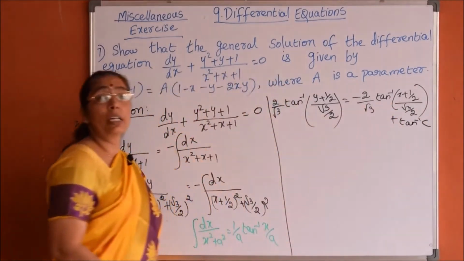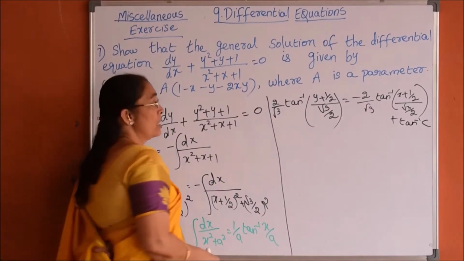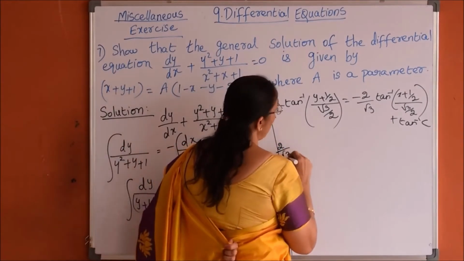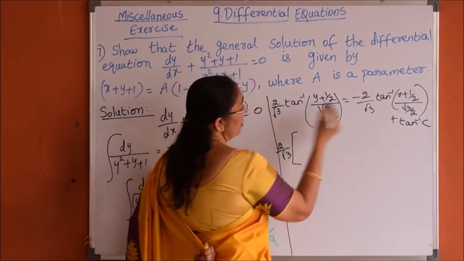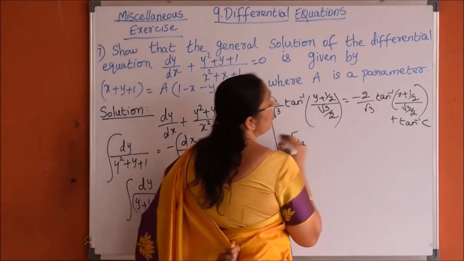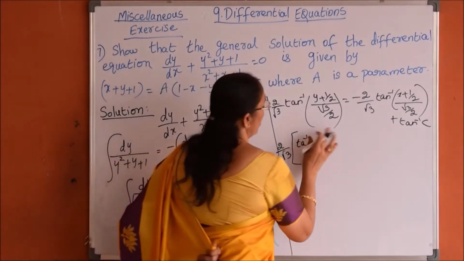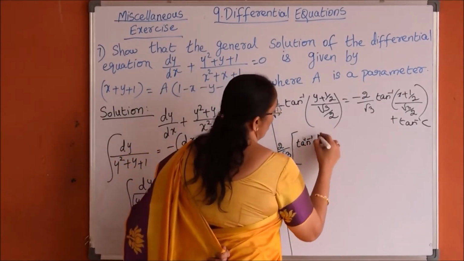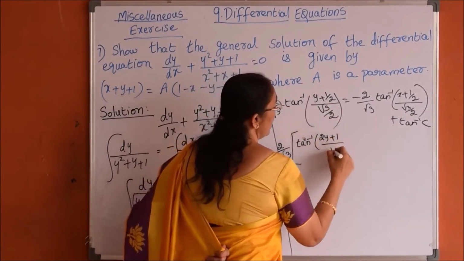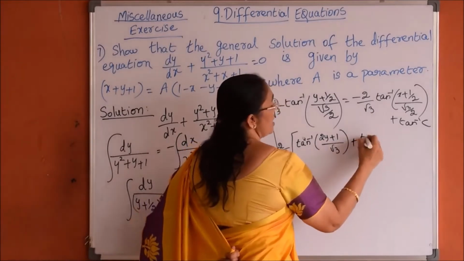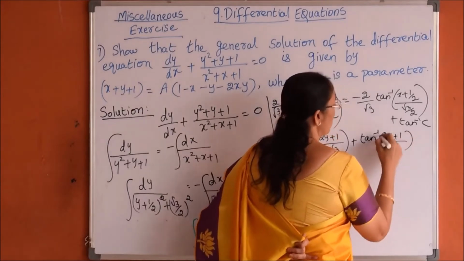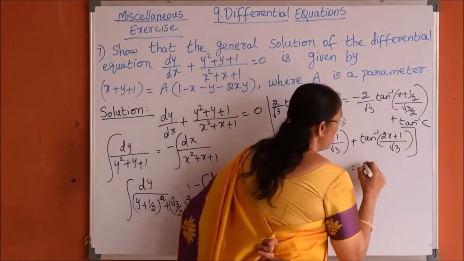Since both the terms are tan inverse, we can write the constant term also as tan inverse. So, taking 2 by root 3 common outside, we can bring it inside the tan inverse. So, we will get tan inverse of y plus half, which is 2y plus 1 divided by root 3, plus tan inverse of 2x plus 1 divided by root 3 is equal to tan inverse